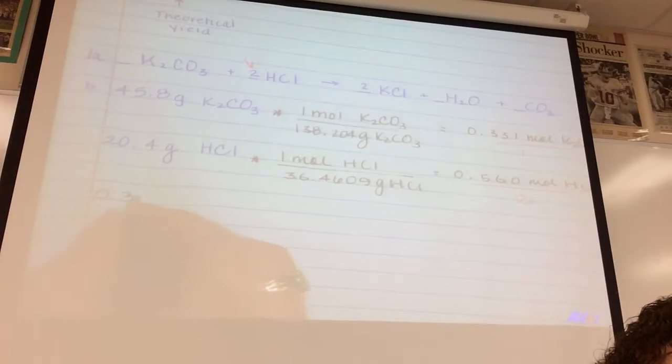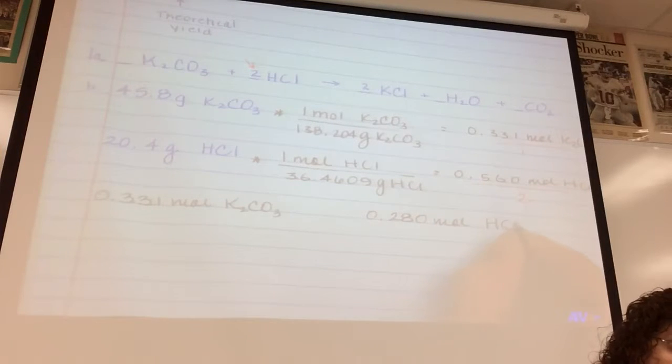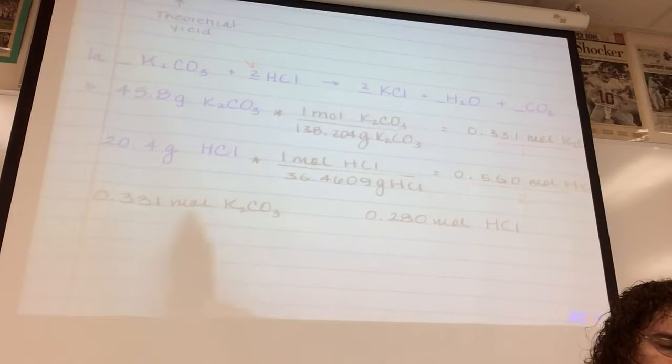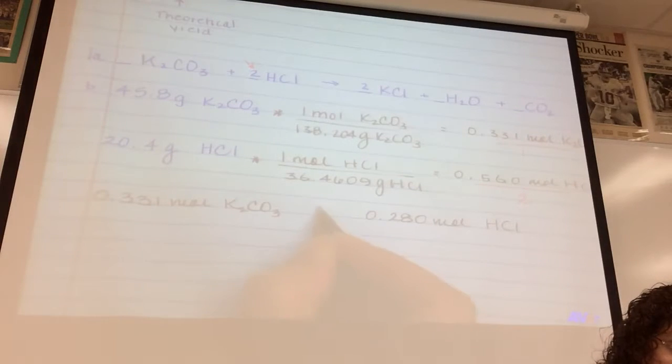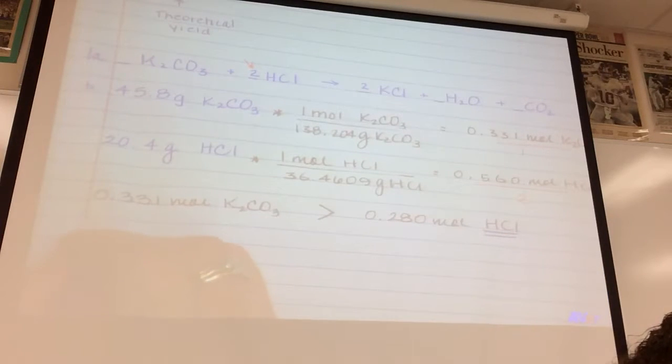You have 0.331 moles of potassium carbonate and 0.280 moles of HCl. Which number is larger? Potassium carbonate. So this is greater than this. So the moles, after dividing through by the coefficients, indicate that you have less hydrochloric acid stoichiometrically. And therefore, hydrochloric acid is the limiting reagent